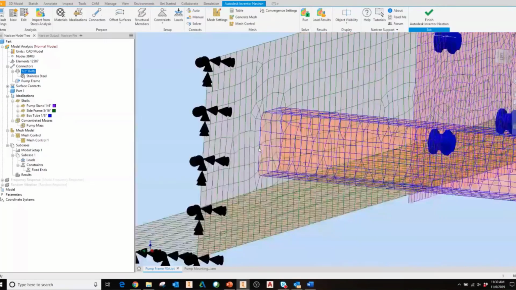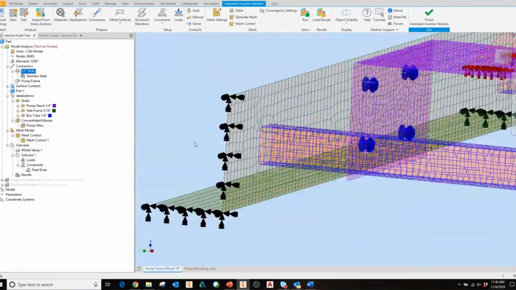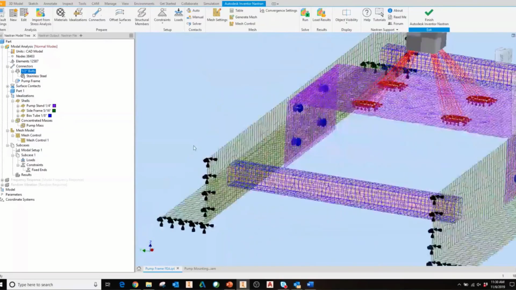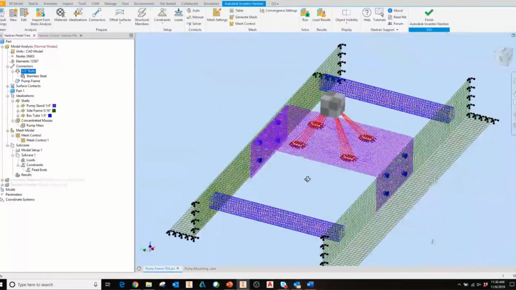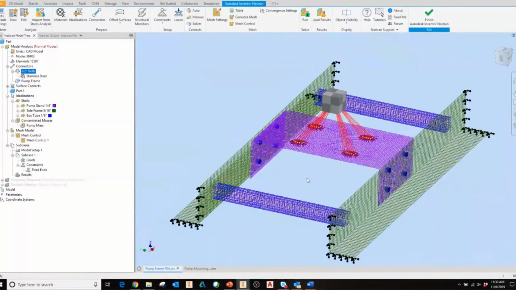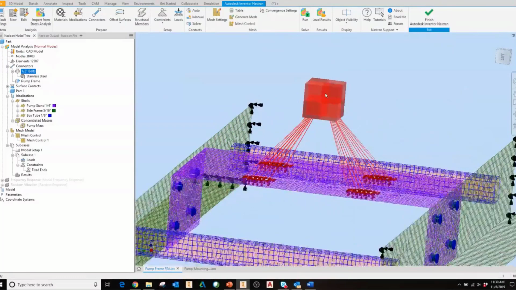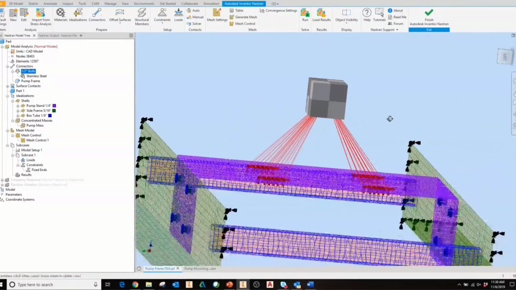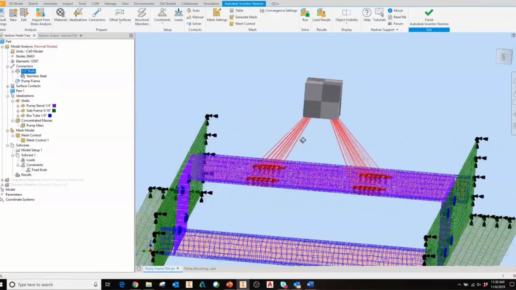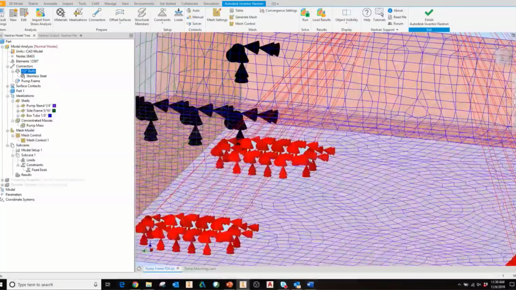So if you know you're going to be welding that together, it's a safe assumption to use continuous meshing between the edge of that box tube and the face of our frame component there. So there'll be welds here, and there'll be bolts for the frame. And then the pump stand itself has been simplified into a concentrated mass. This represents, I think it's something like 100 pounds is what I made the mass, and it is tied in with rigid body connectors from the center point of the mass to the slot edges where it'll be mounted in